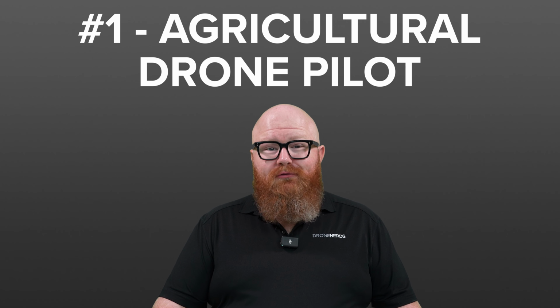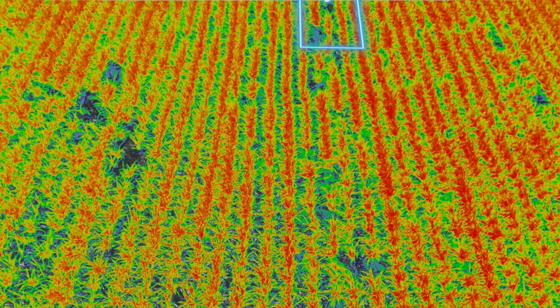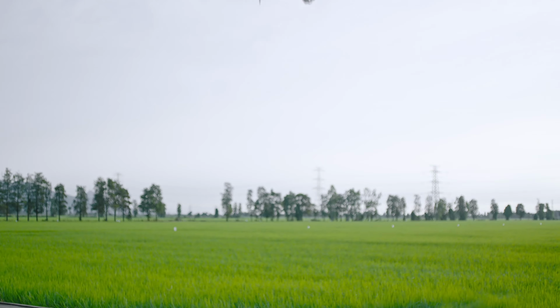Number 1. Agricultural drone pilot. Agriculture is a specialized application of drone technology that stands out due to its requirement for a multispectral sensor. This advanced sensor detects light in the non-visual range, particularly infrared and near-infrared, allowing it to collect data indicative of crop health. By using drones equipped with these sensors to capture data over farmland, farmers can generate NDVI maps, or Normalized Difference Vegetation Index, enabling effective crop health management. Identifying areas with suboptimal health enables precise resource allocation like irrigation, fertilizers and pesticides, and more. While it's a relatively recent addition to agriculture, entering this field through drone services can place you at the forefront